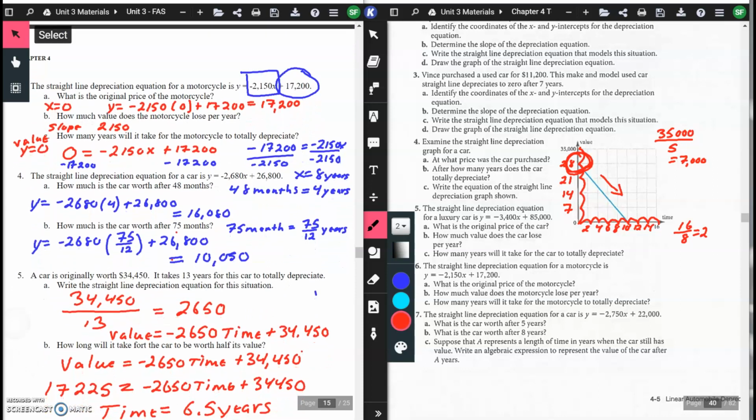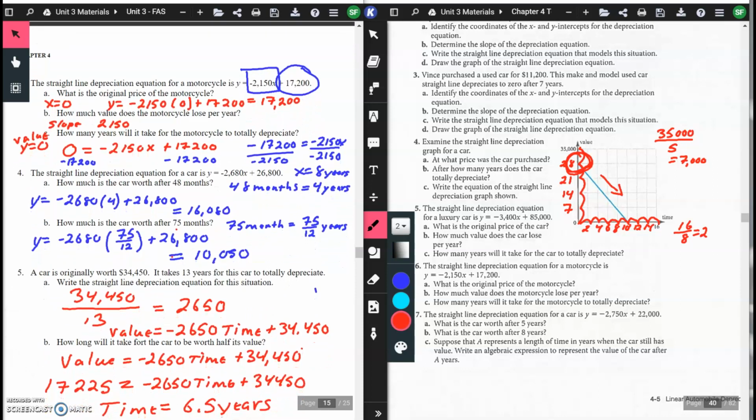Question number 4. The straight line depreciation for a car is y equals negative 2680x plus 26,800. How much will the car be worth after 48 months? Our time was in years, so we first have to convert months to years. 48 months equals 4 years. So plug in 4 for your x value: negative 2680 times 4 plus 26,800